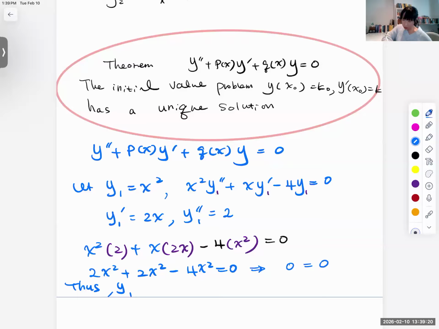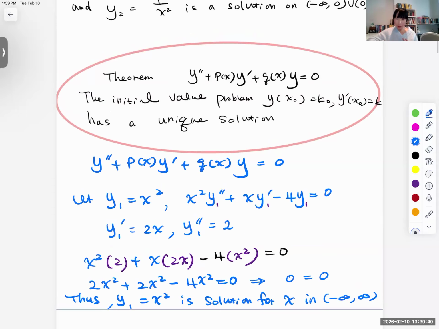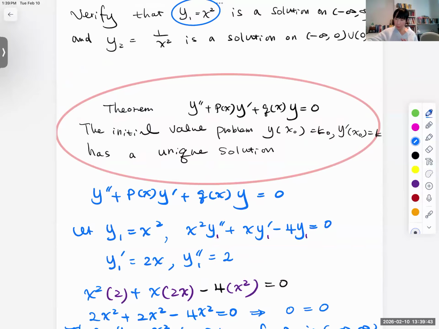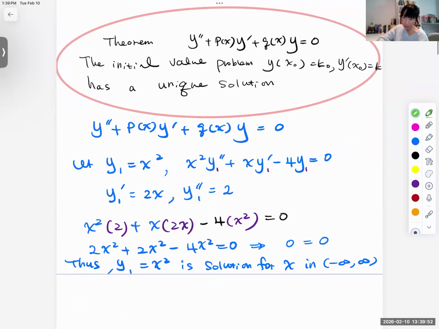y sub 1 equal to x squared is a solution for everywhere, right? Okay. Now we understand what we are doing, right? So let us do the second solution, which is y sub 2 equal to 1 over x squared, right? Okay, so we have